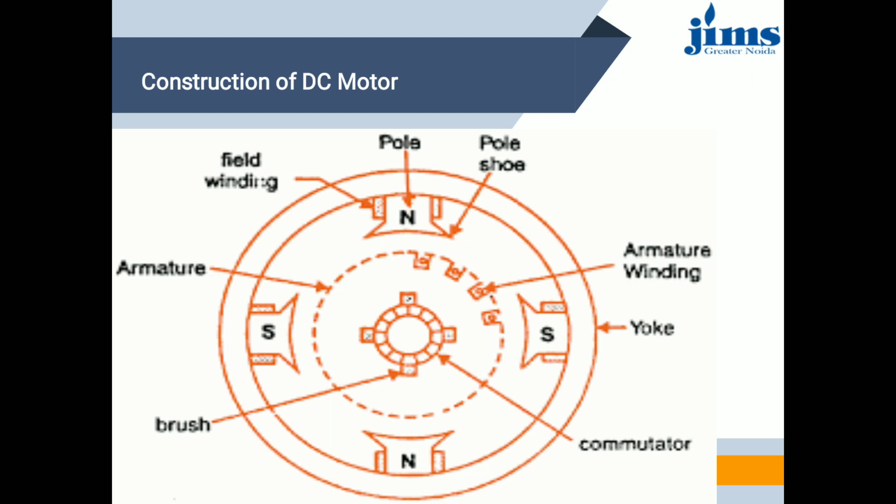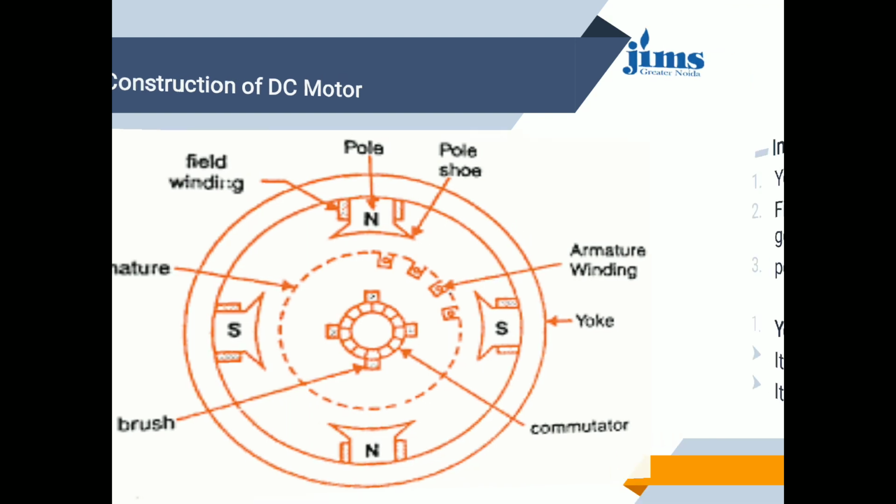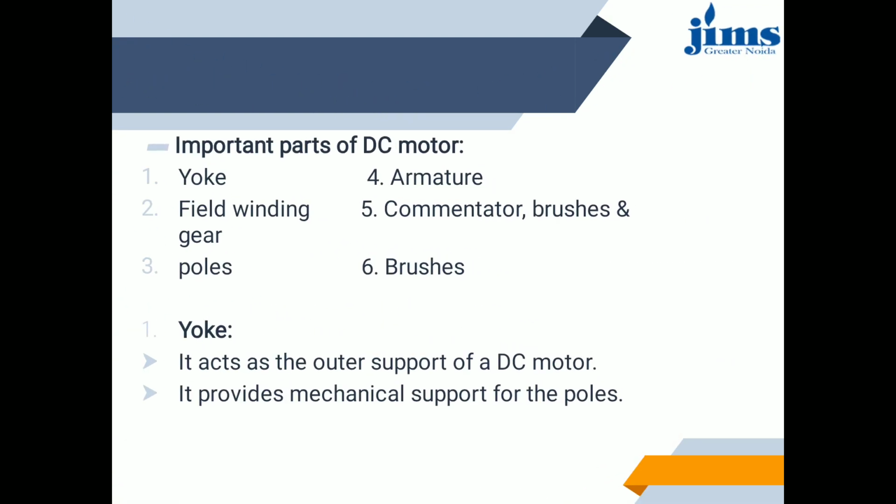In the field system, the object of the field system is to create a uniform magnetic field within which the armature rotates. Electromagnets are preferred in comparison with permanent magnets on account of their greater magnetic effect and field strength regulation, which can be achieved by controlling the magnetizing current. The field magnet consists of four parts. The first one is the yoke or frame, the second one is the pole core, the third one is the pole shoes, and the fourth one is the magnetizing coil.